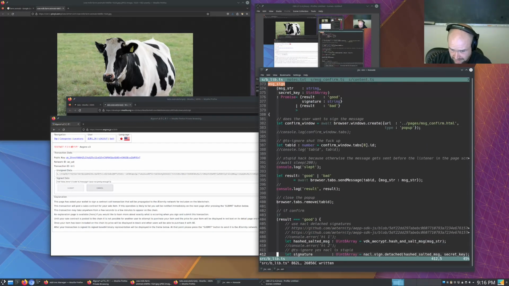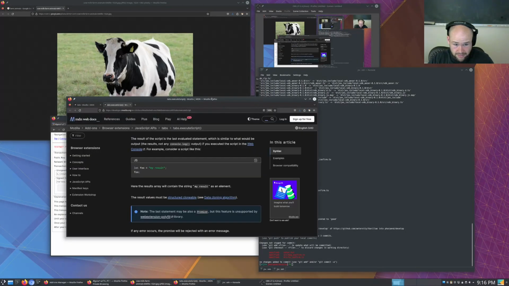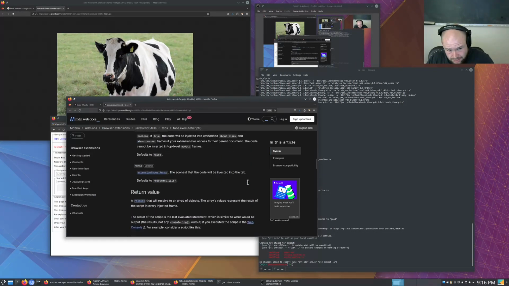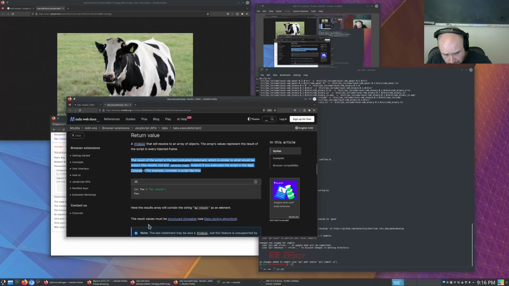Okay. So the next thing we're doing is factoring out a generic pop-up. And so I kind of have an idea of how to do this. All right. So in every injected frame,